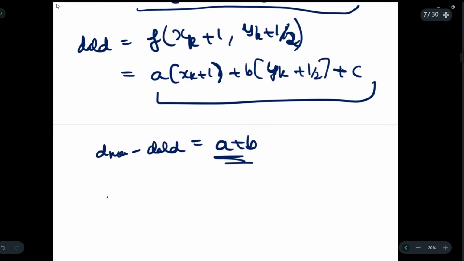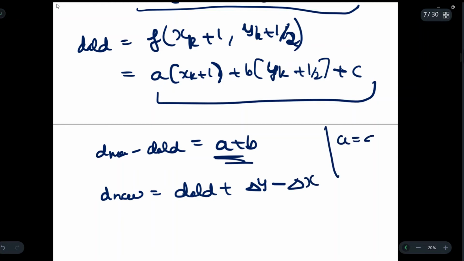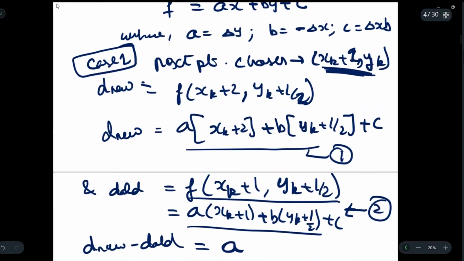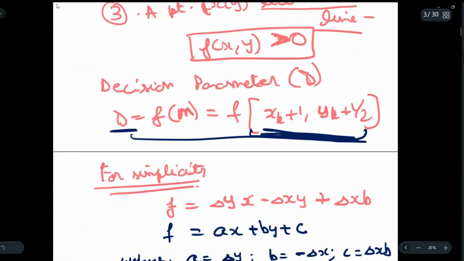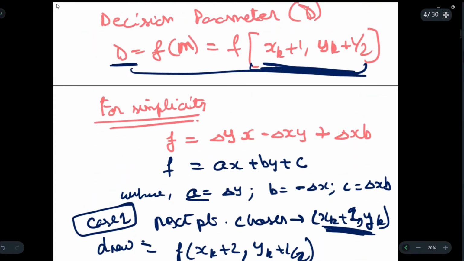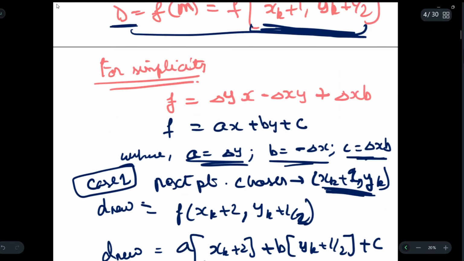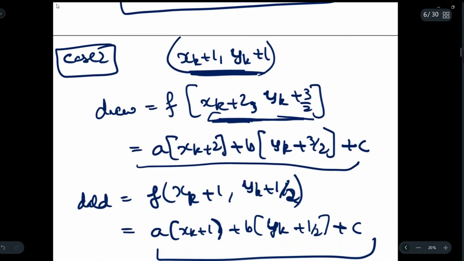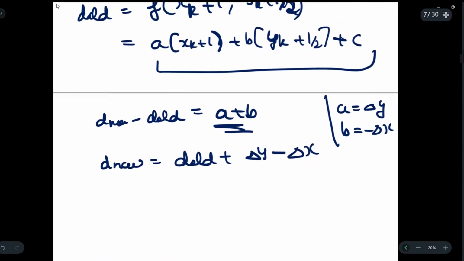So now we have the value of d new as d new is equal to d old plus del y minus del x, as the value of a was del y and the value of b is minus del x, that we had found out from here, in order to make our calculations easier. Just let me see, there's this point. So keep on writing this along with me on a piece of paper, so that you are able to understand it correctly and easily. And now we have found out the two values, that is d new